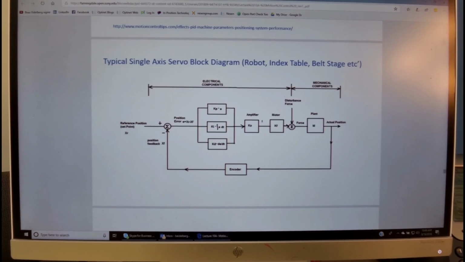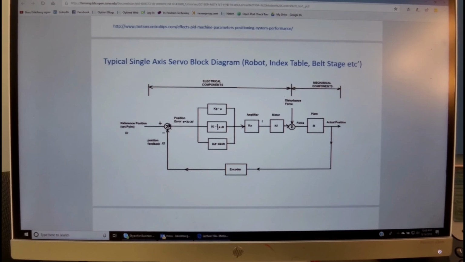Here's another typical example of a servo block diagram. We see pretty much what we saw earlier. We have actual position from the encoder going into the summation point. We have a set point from the trajectory generator giving us the reference position.